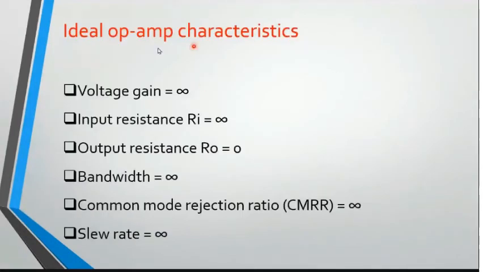Okay. So now let us see what the ideal operational amplifier characteristics are. The first and major operational amplifier characteristic is that its voltage gain must be infinity, or minus infinity actually, because we usually give the input to the inverting terminal. Okay, so there will be a 180 degrees phase difference, and along with that the gain should be almost infinity.